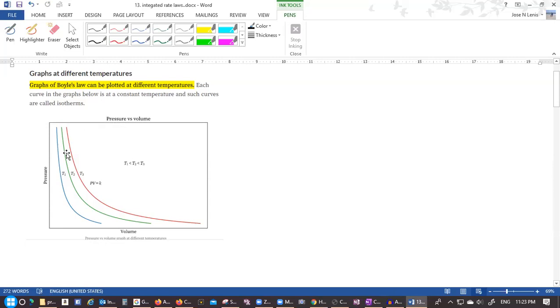Look on this graph, we have two variables, pressure of the gas against the volume of the gas. And this experiment is easy to perform, is easy to conduct, and usually is done using a syringe or